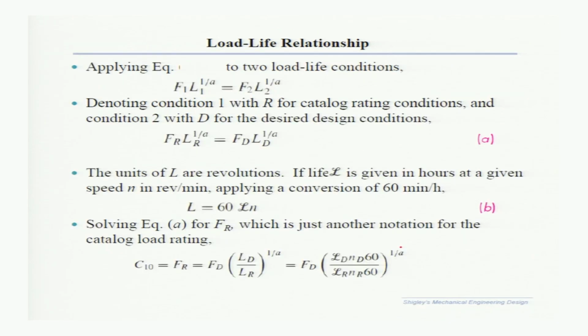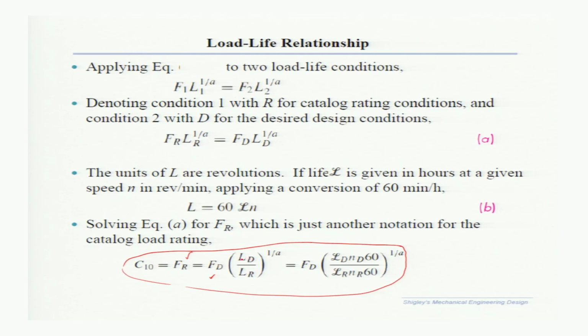And we obtained an equation, which is equal to C10, that means the dynamic load, which is also called the rated load, and the rated load is equal to the design load for which we want to select the bearing,